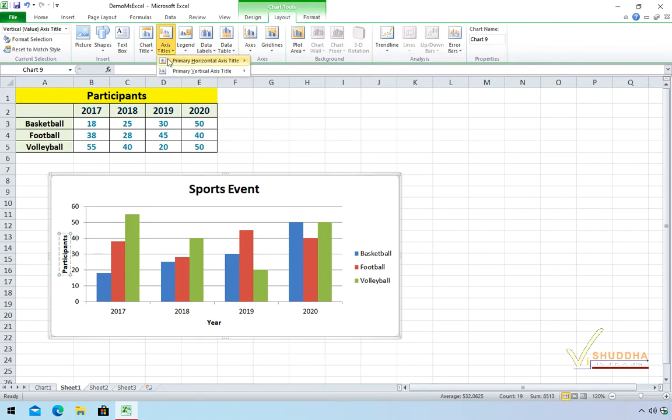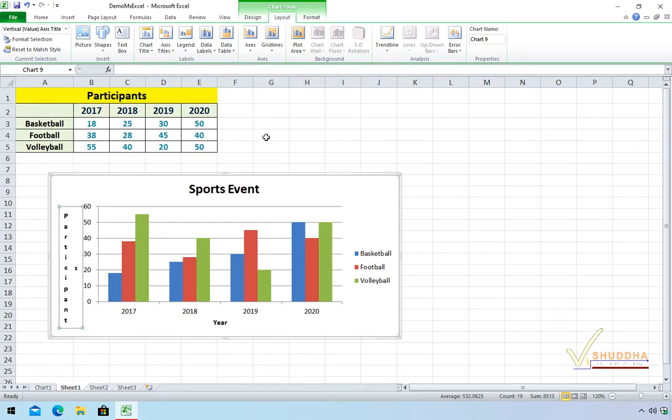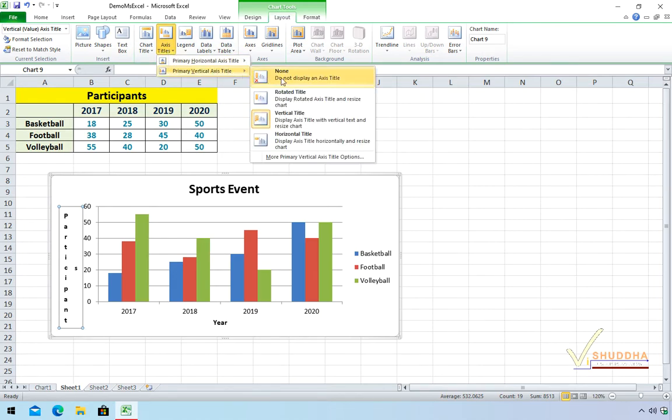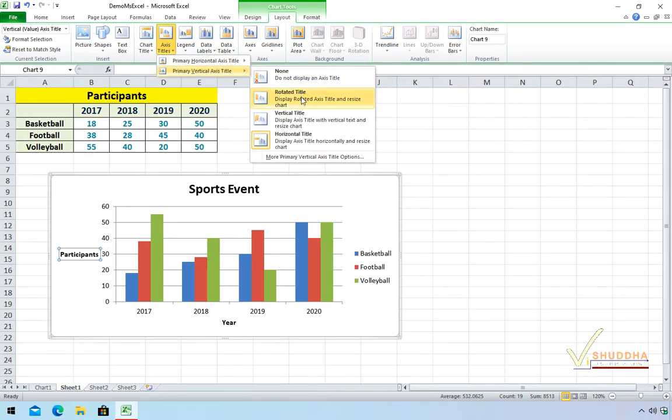Then we can have this axis title in a different way. For example, vertical line, it doesn't look nice. So let's change it to the third one, that is horizontal title. Well, the first one was okay. So we go back and make it rotated title.